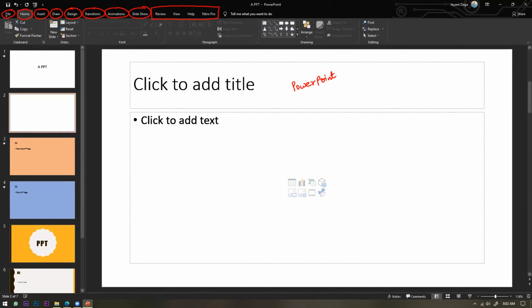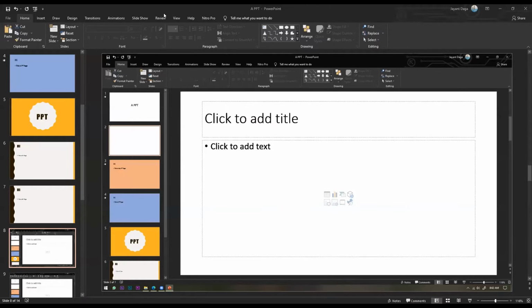So the first option is file option. What does a file option do? To take pages. To add new pages or to start a new PowerPoint presentation. Okay. See, I hope the screen is visible, right?